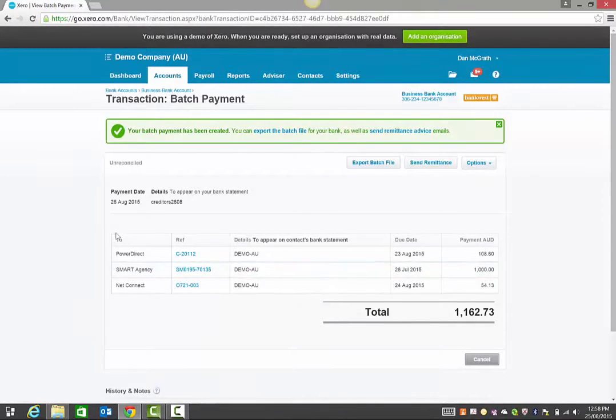Next, I am presented with this screen showing me that the batch payment has been created. From here, this is where I can send remittance slips, which will be sent directly to my suppliers, telling them that I'm making the payment and which invoices I'm paying for. So if I go into send remittance,